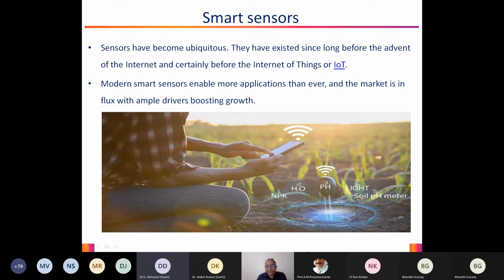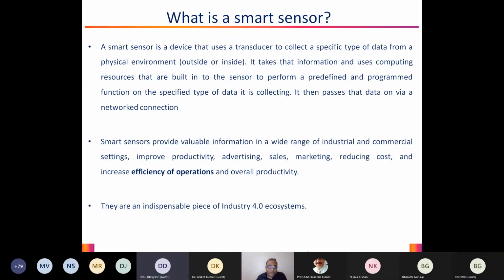So these days, the market is flooded with so many sensors, right? And in addition to that, the sensor has to be something called smart. Now the term smart is being associated with everything that we see in the real world. So how is a smart sensor different from a regular sensor, right? A smart sensor is basically much more than a basic sensor. It has circuitry in its encasing, where it has a lot of data processing circuits.